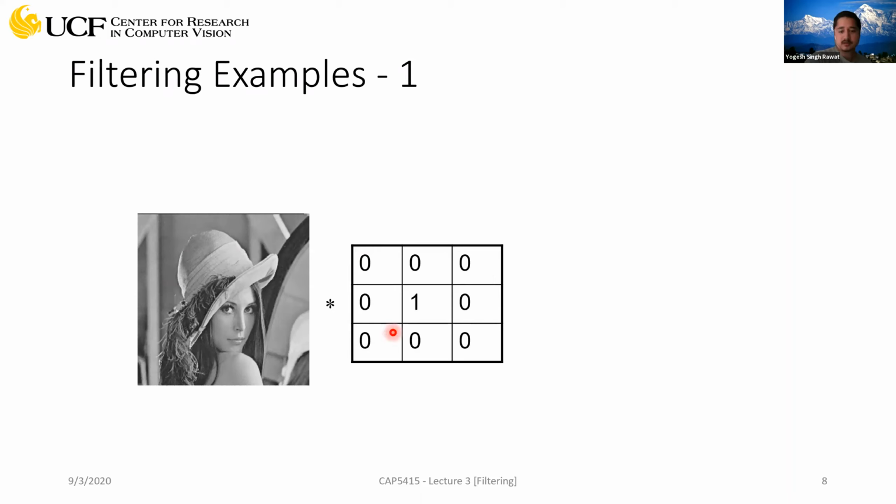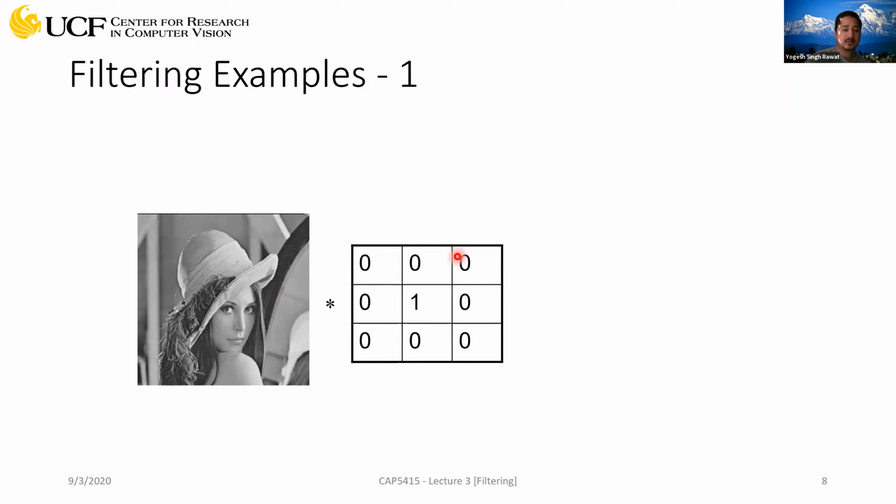So this is our kernel. We are going to place this kernel at all possible locations over this image, starting from the top left, moving towards the right, and covering all possible values. Of course, we will not be able to place this kernel at the boundaries. This is a sample kernel. You can see that the center is just 1, and the other values are all 0. This means that when you place this kernel at any position in this image, you are not considering the neighborhood, because all of these are 0.